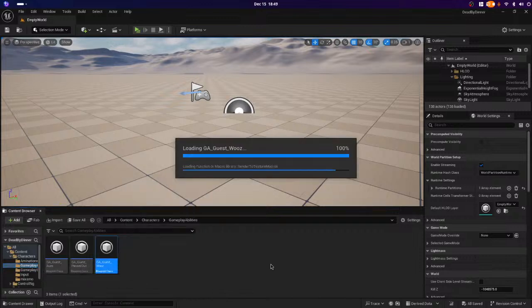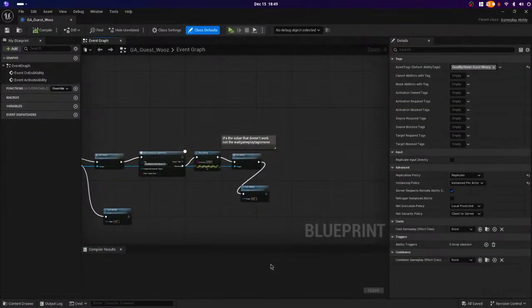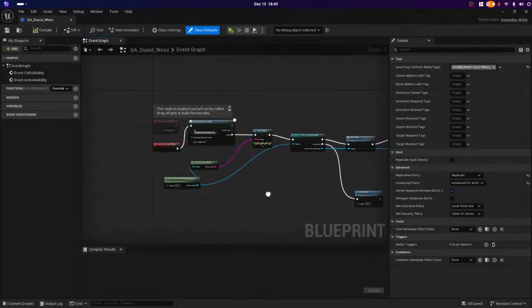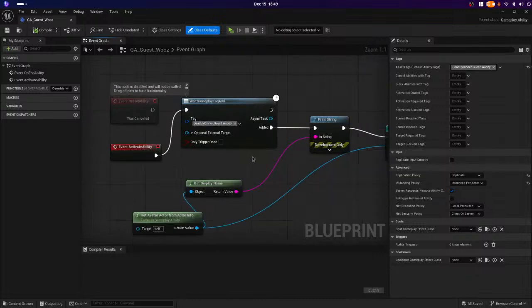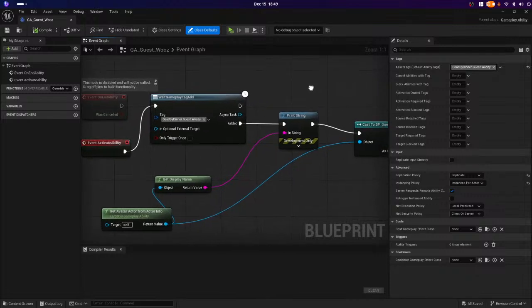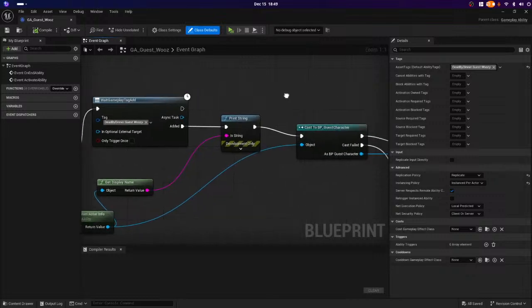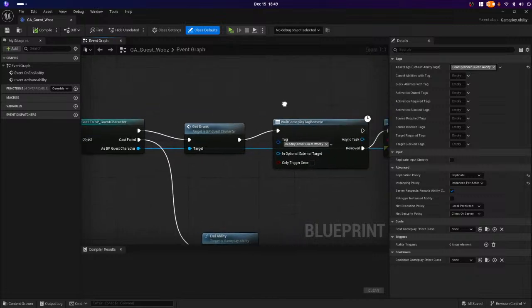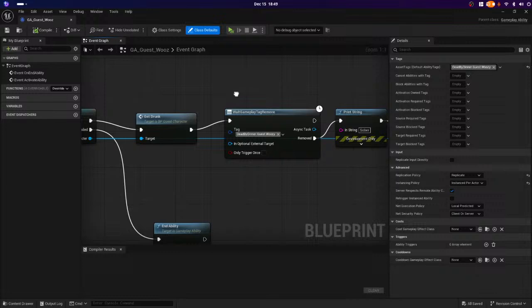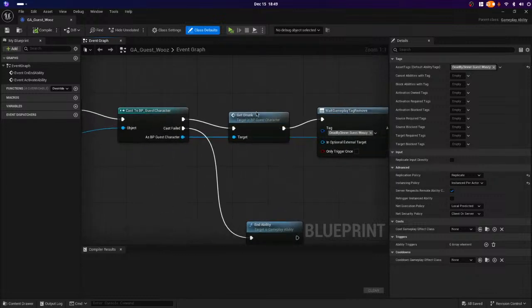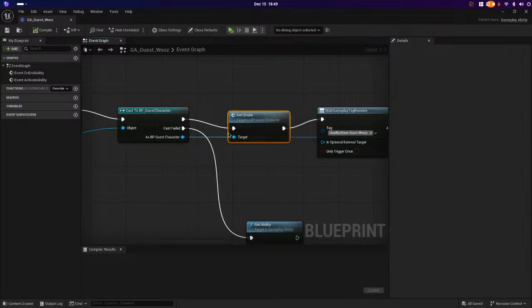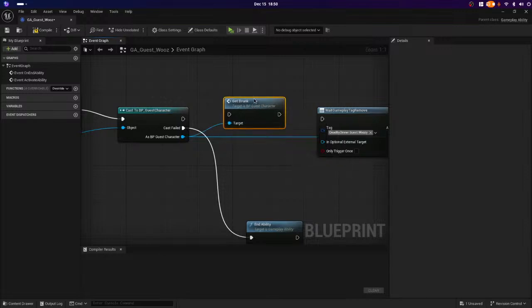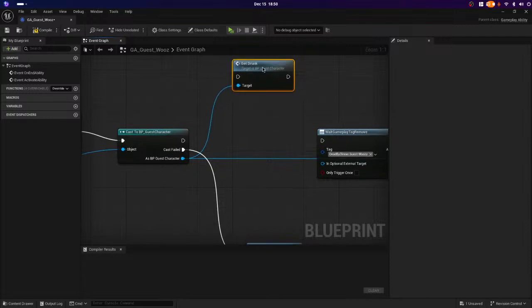Here's our woozy ability, from last time. Zoom back in. So we wait to add the tag, we do some debugging, and then we ask it to get drunk and wait for the tag to be removed. So what we're going to do is take this out. Woo! Oh, that's all right. Take this out. And we're going to add